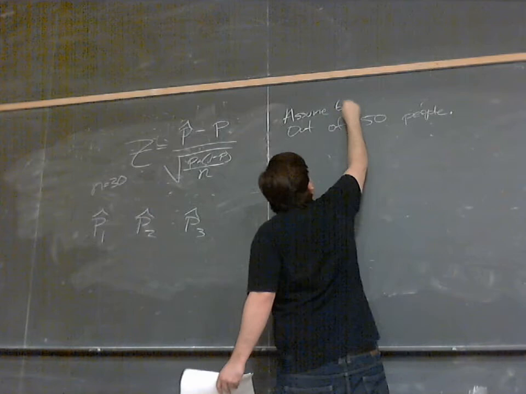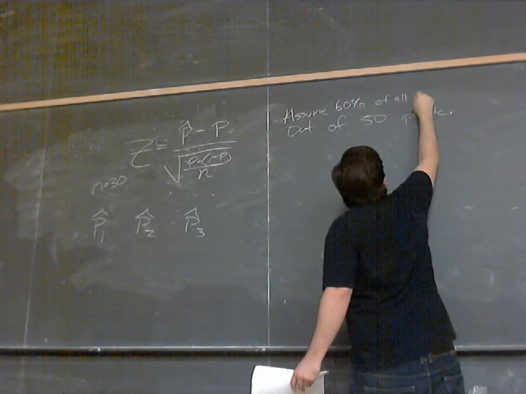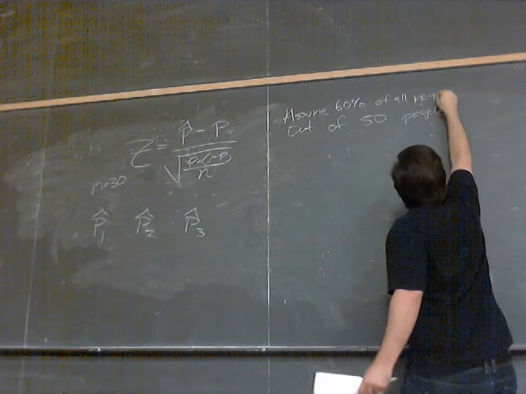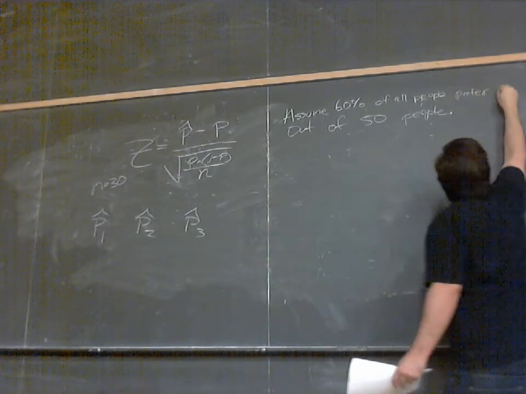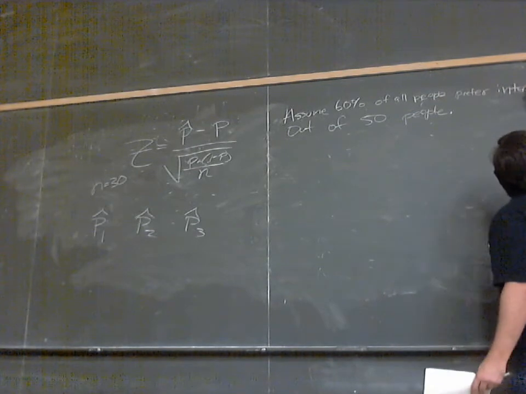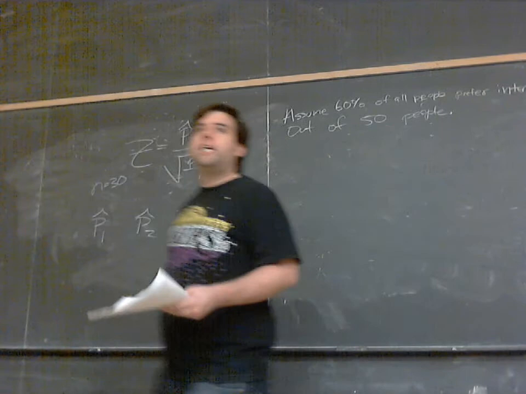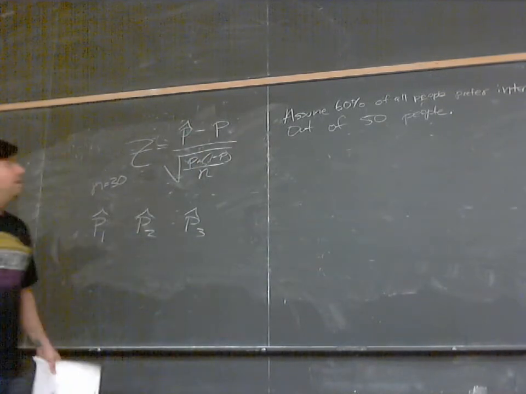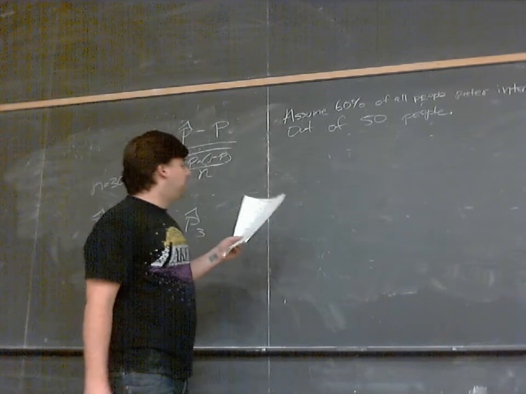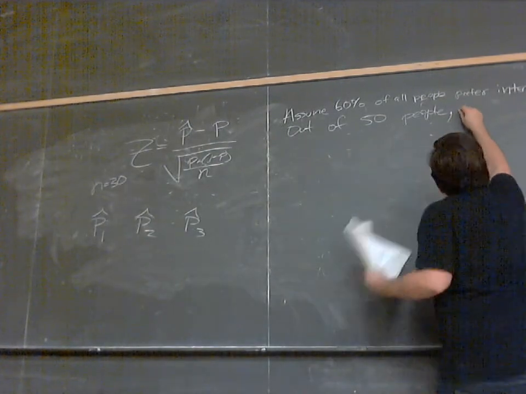Assume 60% of all people prefer the internet. So that's P, my population proportion. Out of all people, 60% prefer to read their news online. Then I take a sample of 50 people. Out of 50 people, what is the probability